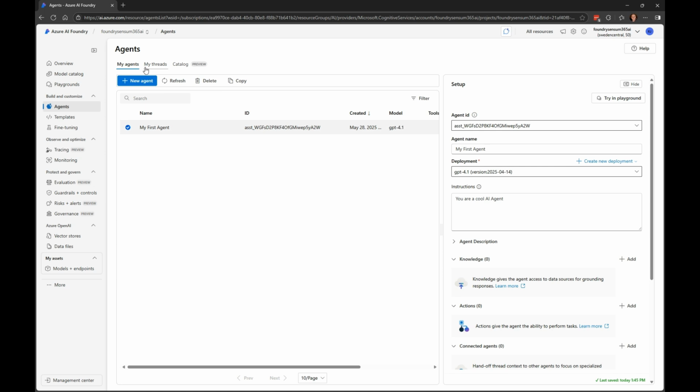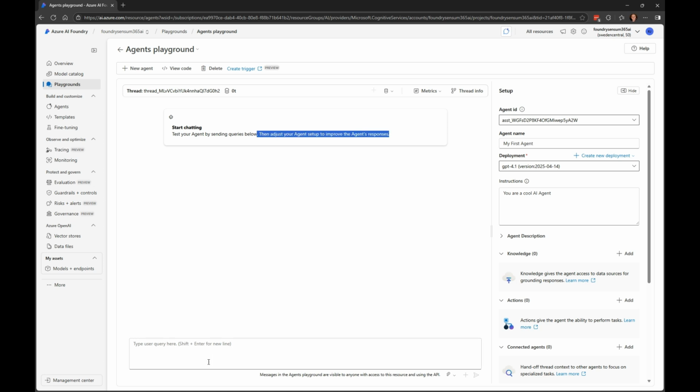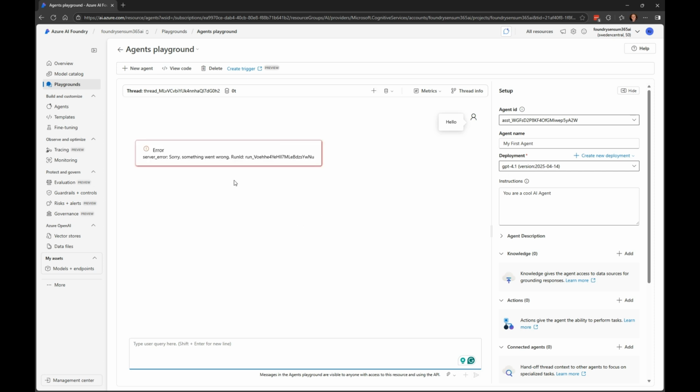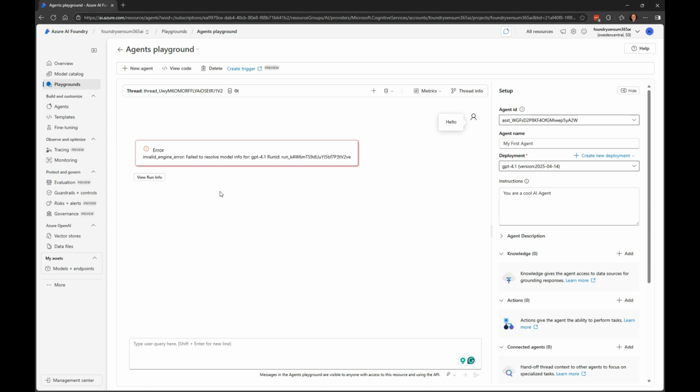Threads, we're going to do via code, so we're not going to go into that. But we are trying to go to the playground here and talk to the agent. Let's just say hello and see if it answers back correctly. No, there's something about the first time you have it that it can't answer suddenly. Seen that a few times before. Let's see. Nope. Failed to resolve my model. Doesn't really matter. We will hopefully get it working using the code, which is the most important thing.